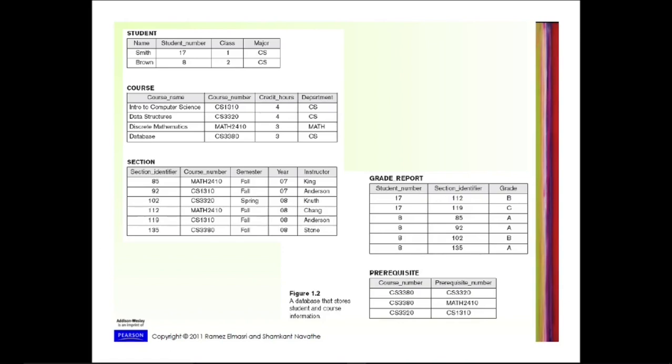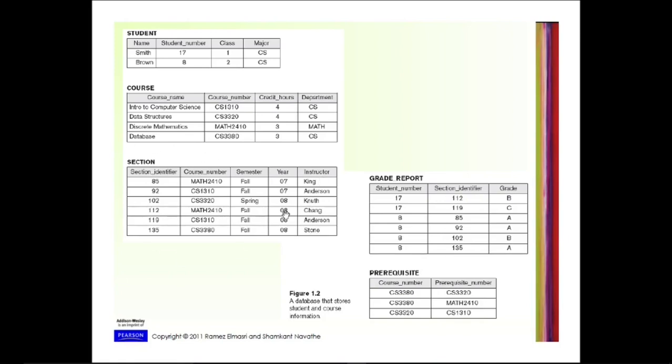Then we have course record is done, and then we have student record is also done. Section also there. Section identifier, course number, semester, year, instructor. So each course, each section there will be some instructor. Okay, so who will be teaching the course? Some professors or maybe instructors. TRA will be teaching the course.